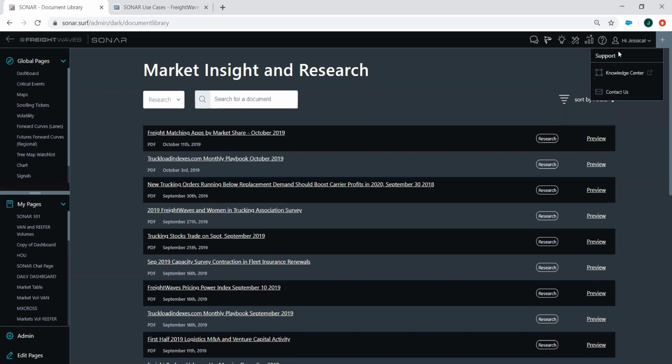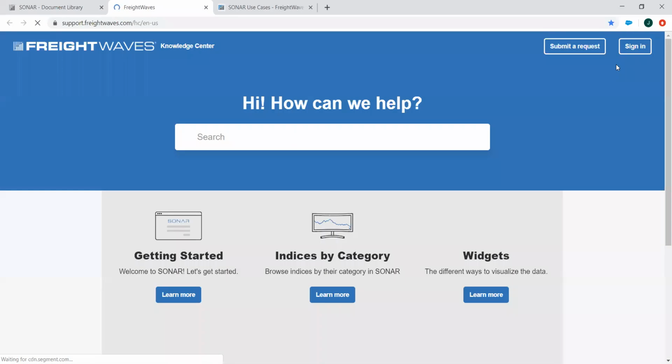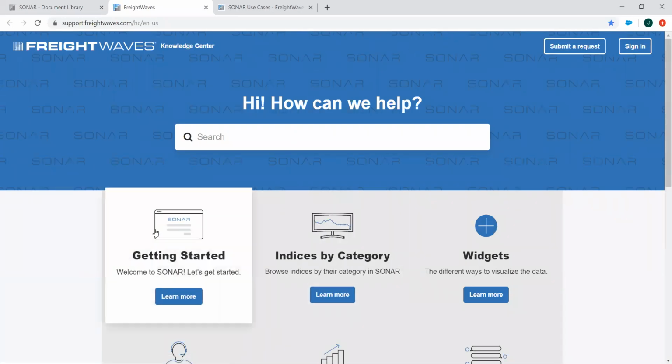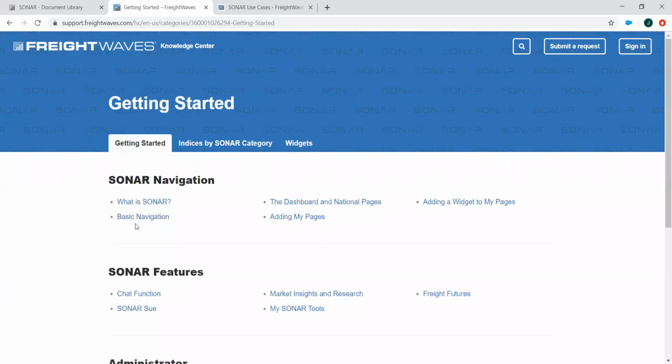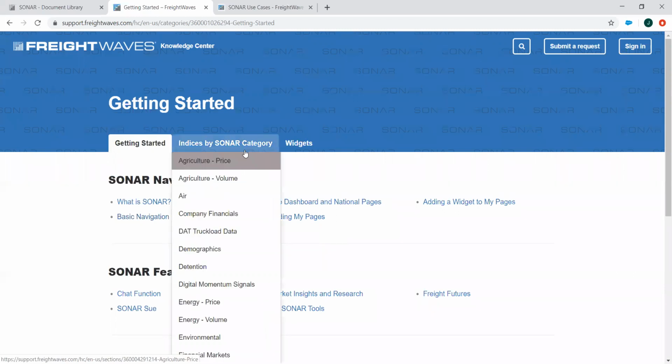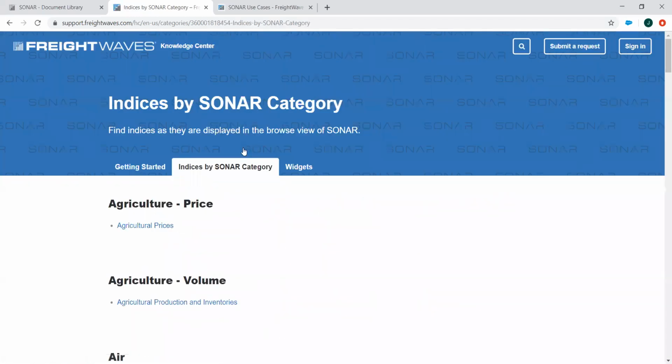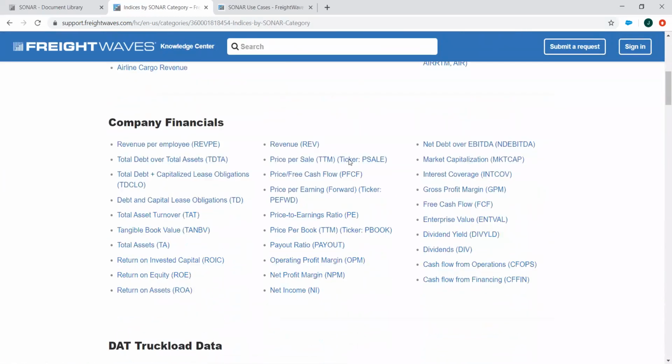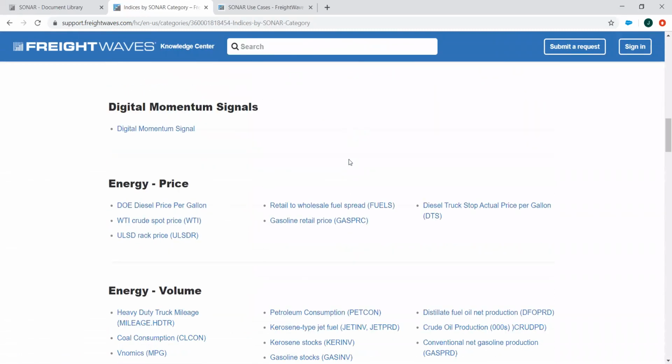The next one is our Sonar support widget here. As you can see, the Knowledge Center, this is a great way to get familiar with the data we have available for you in Sonar. The getting started is very high level, basic navigation, how to add a page, etc. If you go over to Indices by Sonar category, we have all of our data sets broken out by category. And if you click on any one in particular,